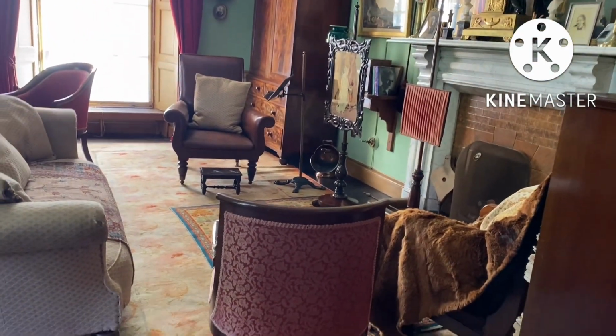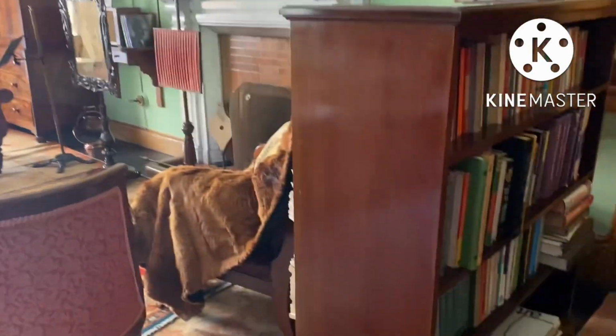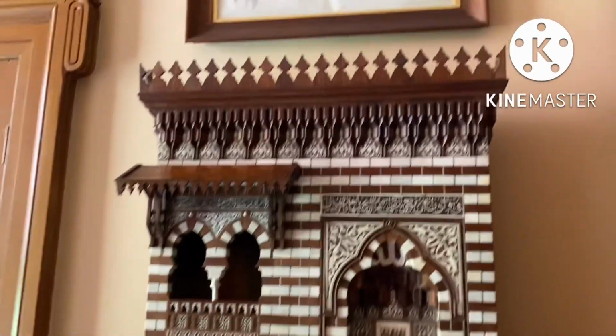So I'll just point out a few things to you. We've got a portrait there of Walter the Builder. That's him. Over here we have a portrait of his father, Joshua, and